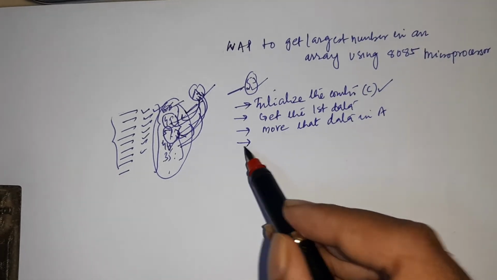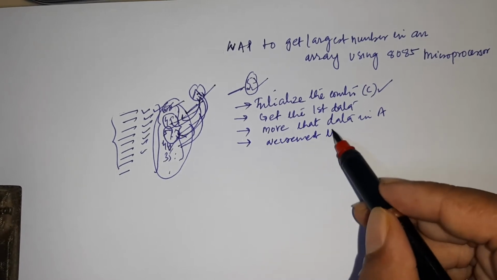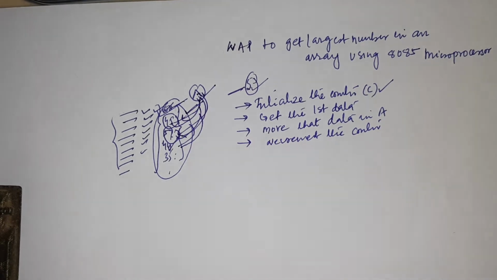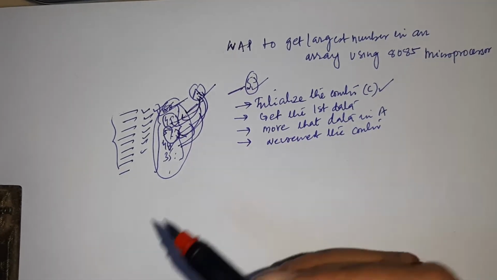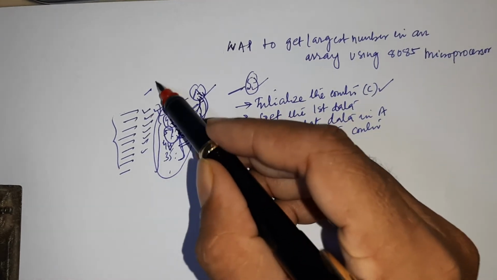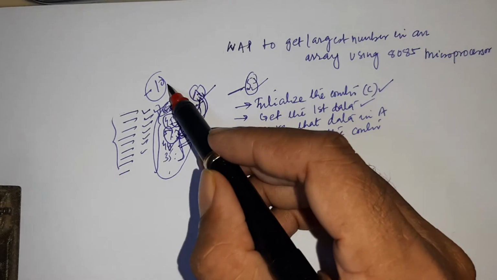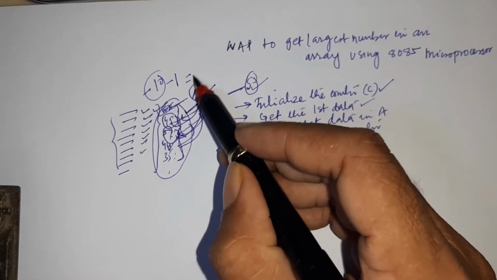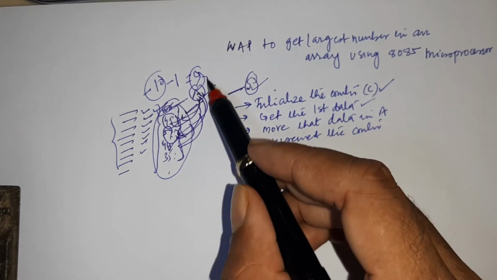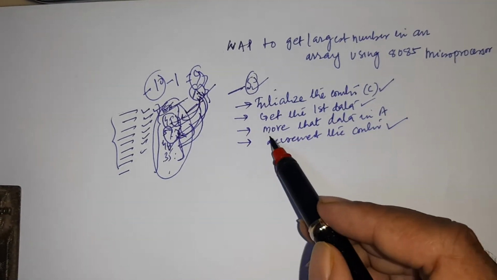And here decrement the counter. Why are we decrementing the counter? Because we have already taken one data in the accumulator, so we have the remaining 4 of 5 data. Suppose I have taken 10 data, so one data I have taken in the accumulator, that's why minus 1. Now we have 9 data, so the content of the accumulator has to be compared with these 9 data. That's why we decrement the counter here.